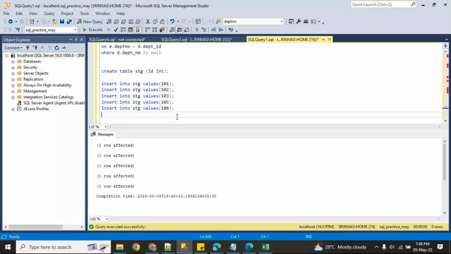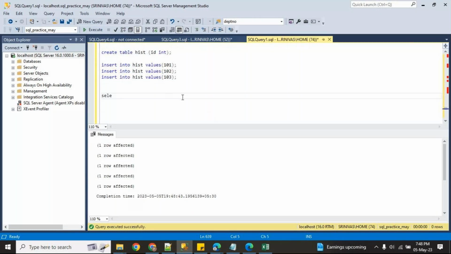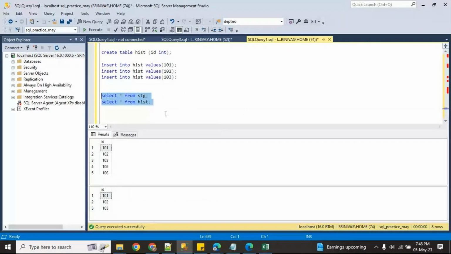Now observe this one. My requirement is records present in the stage table, not in the history table.